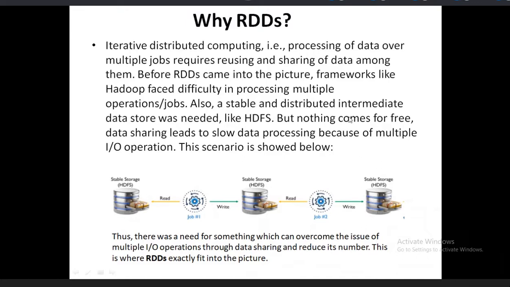Also, a stable and distributed intermediate data store was needed, like Hadoop distributed file system. But nothing comes for free. Data sharing leads to slow data processing because of multiple IO operations. To overcome these issues, people preferred Spark. From Spark, how can I implement this methodology? With the help of the low level API, the initial Spark version of the API is called RDD,